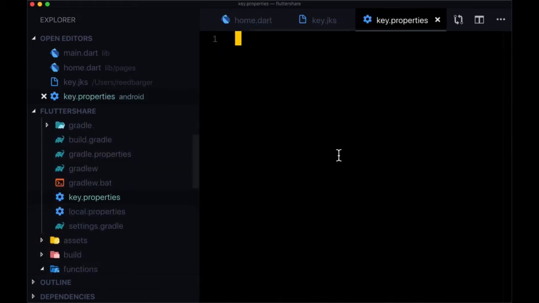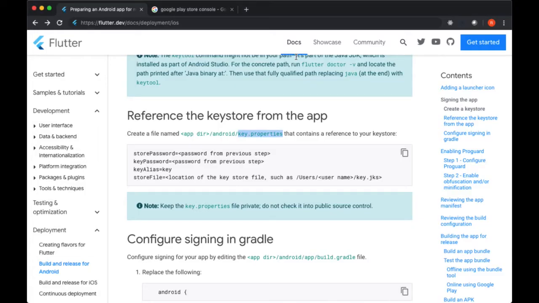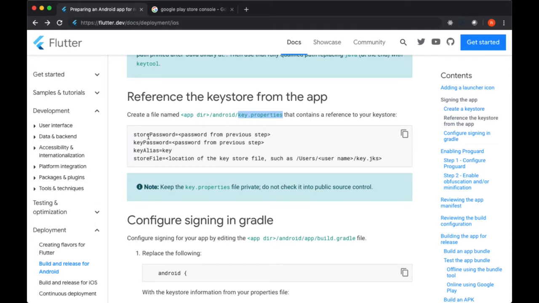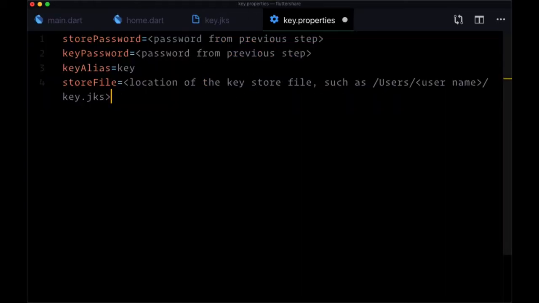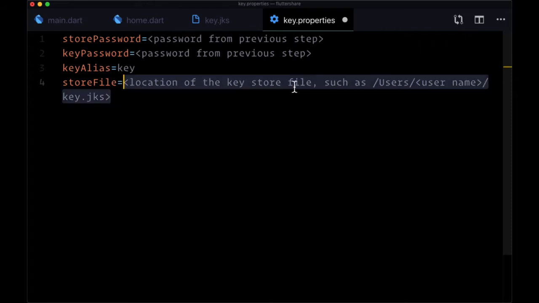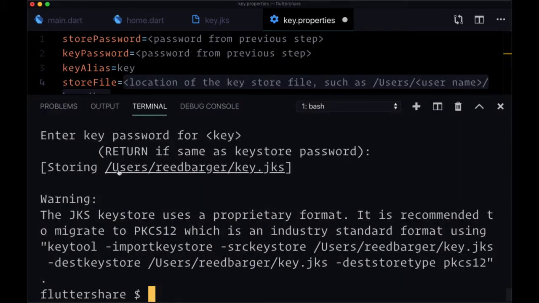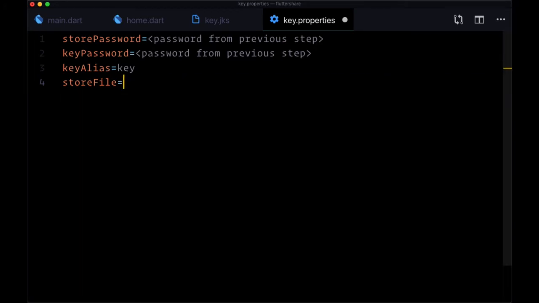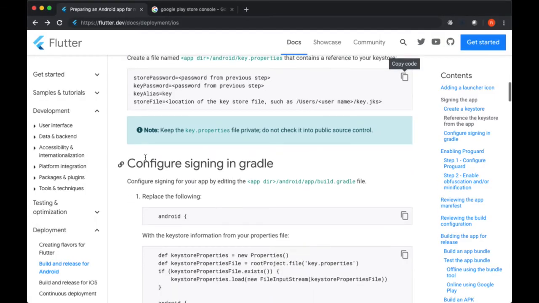So once that's been added, we'll head back to the file itself, and we're going to need to store these key value pairs that you see right here. So we can copy this snippet and paste it in. We need to provide our storePassword, our keyPassword, as well as the location of the Keystore file, that key.jks file. And so this is where the path comes into place that we were given, and it needs to be the absolute path that'll likely be users/your username/key.jks. And once you've provided that as well as your passwords, we can save,